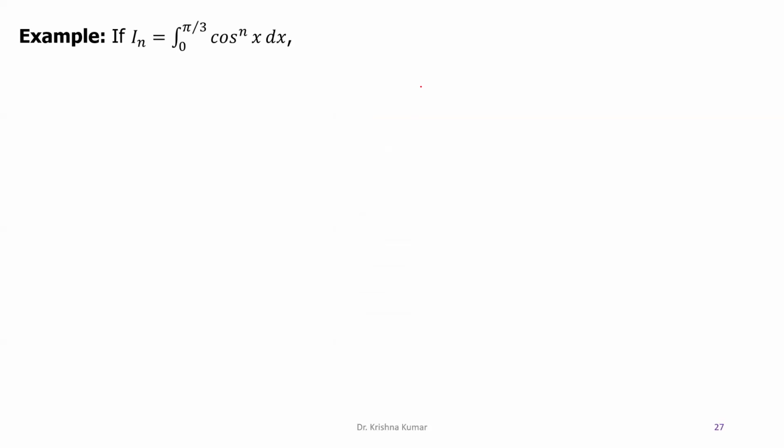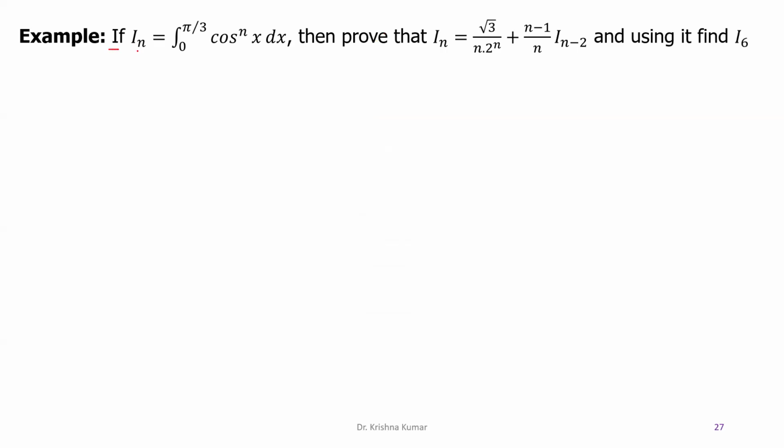In this lecture, we take an example based on the reduction formula of cos to the power n x dx. The question is: if I_n is equal to the integration of cos to the power n x dx under the limit 0 to pi by 3, then prove that I_n is equal to root 3 upon n into 2 to the power n, plus (n minus 1) upon n into I_(n minus 2), and using it to find